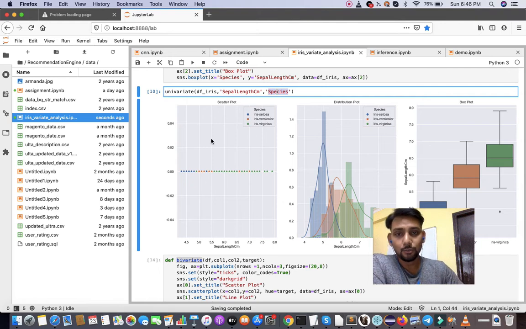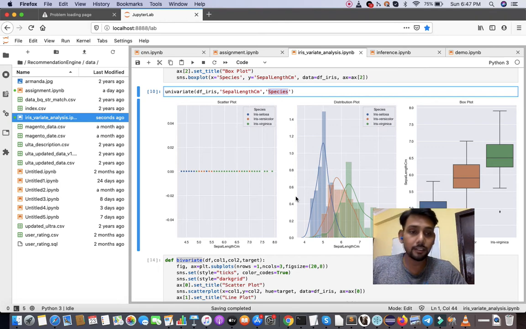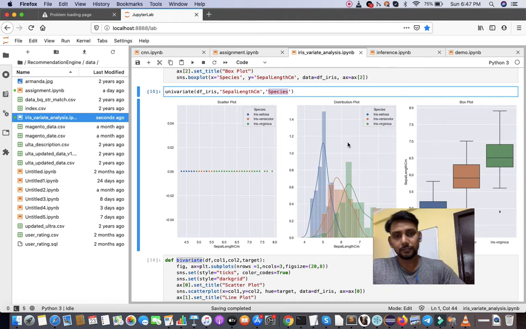In petal length we have seen that the data are very separated, but in the case of the sepal length the data are not separated, they are overlapped. So obviously we can't go ahead with linear regression or logistic regression. We can use some non-linear classifier like SVM, random forest, KNN kinds of things, right?